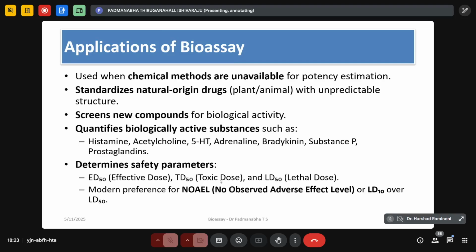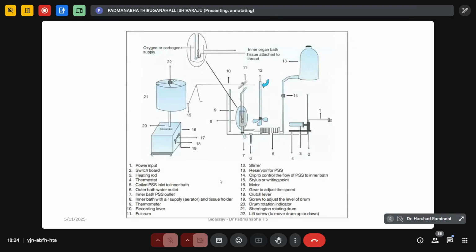And also it helps in determining the safety parameters, that is, the effective dose can be determined, toxic dose can be determined, lethal dose can be determined. So all these are the applications we can get from doing a bioassay. So before going to the methodology, how an individual bioassay can be done, this is the structure of a bioassay, where you can see here